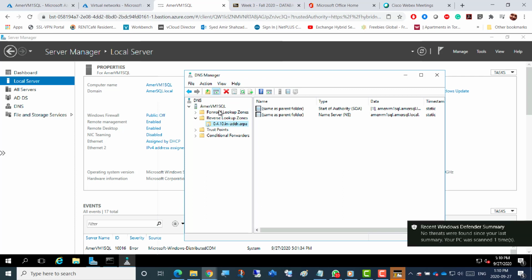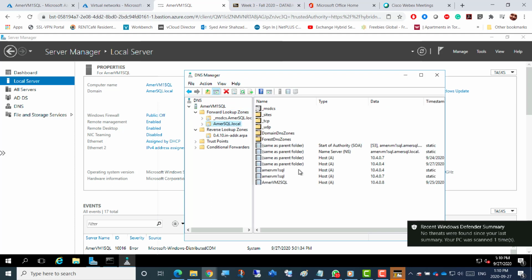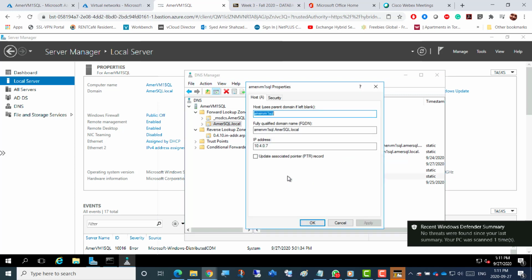So we're going to go for forward lookup zone here, and expand that, and then there's a domain here, and then we want to go for this name, your first name VM1 SQL. Double click that, and we need to checkbox update associated pointer record. So I'm just going to click check and apply,